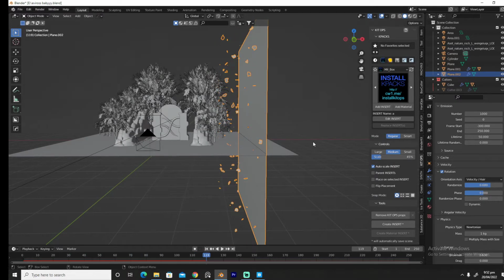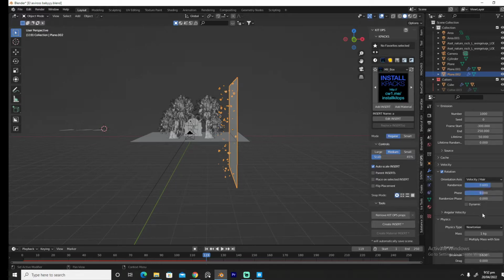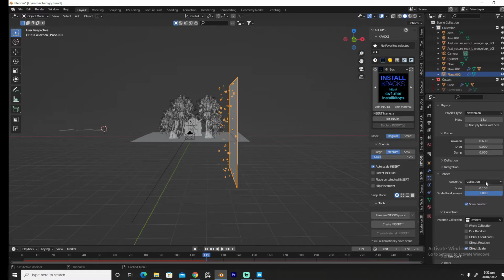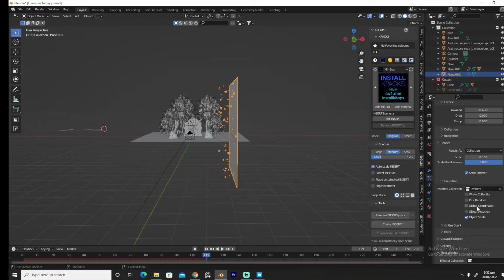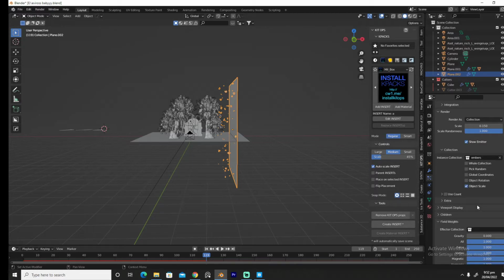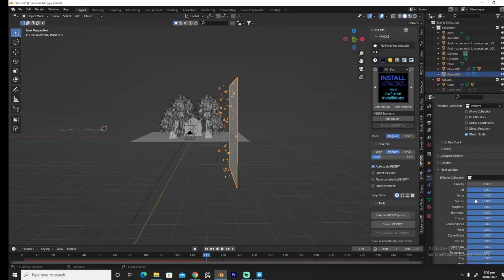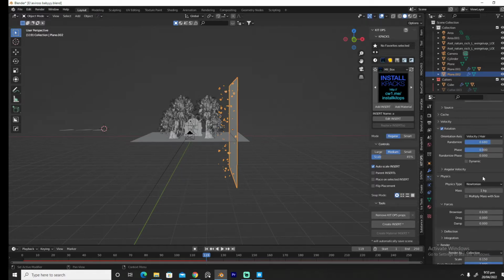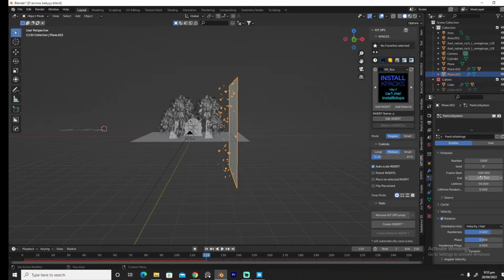Alright, the next thing we're going to do is alright, we have done the render, and we've put the gravity down, got the Brownian. Alright, the next thing what we're going to do is we're gonna go into